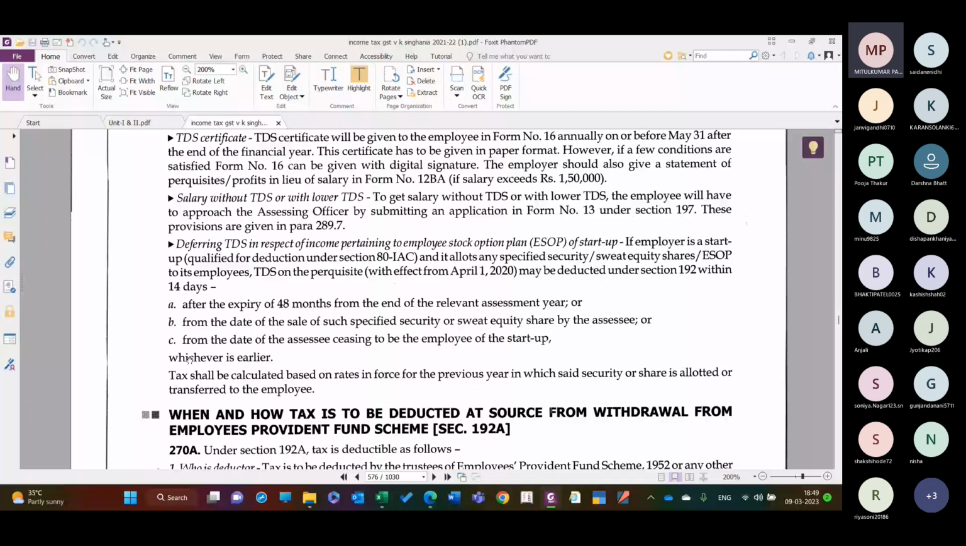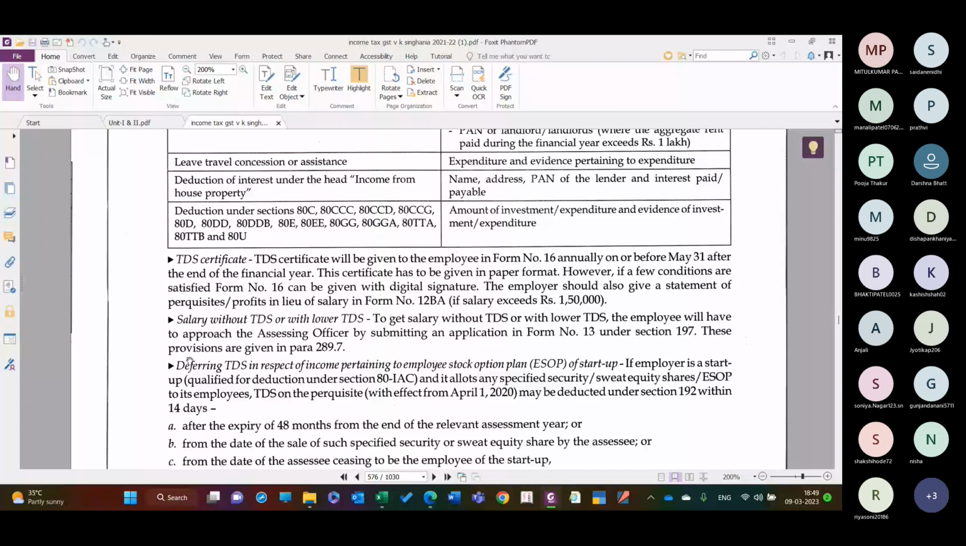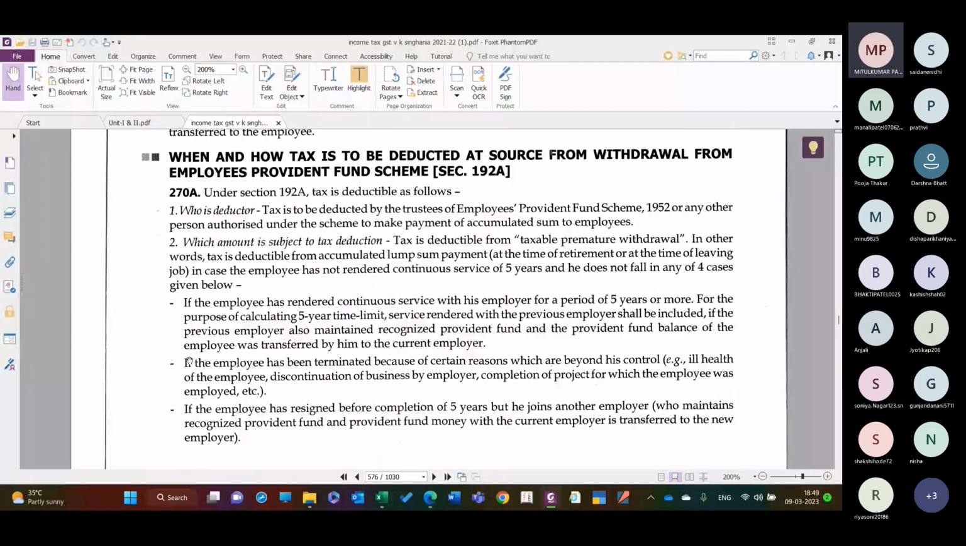This is 100% live topics. When and how the tax is to be deducted at source from the withdrawal from an employee's provident fund scheme. Generally, at the time of retirement, whatever the maturity amount the employee receives at the time of his or her retirement, generally it is exempt from tax. But employee during the